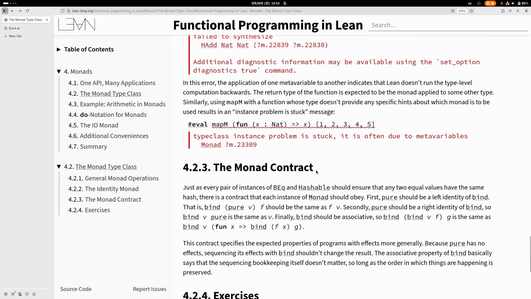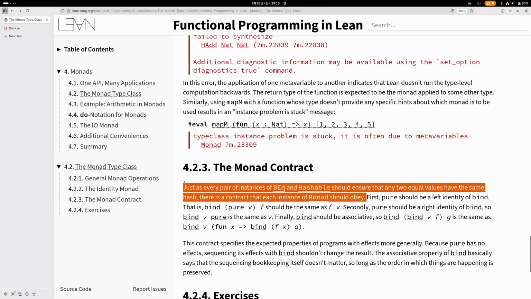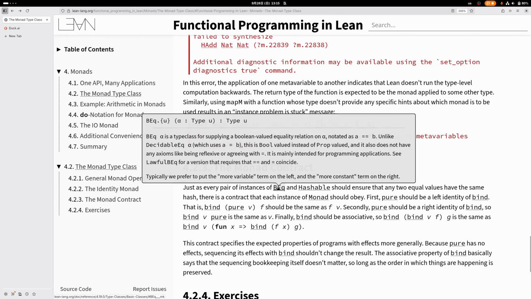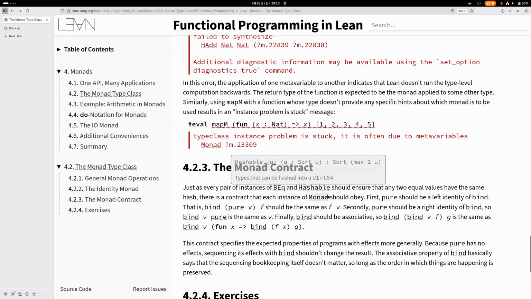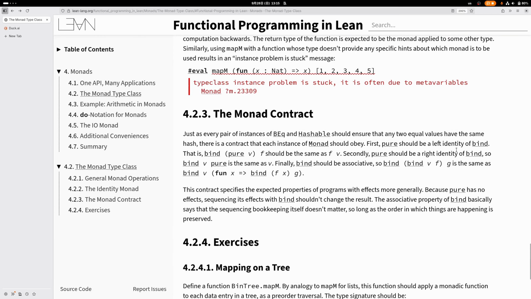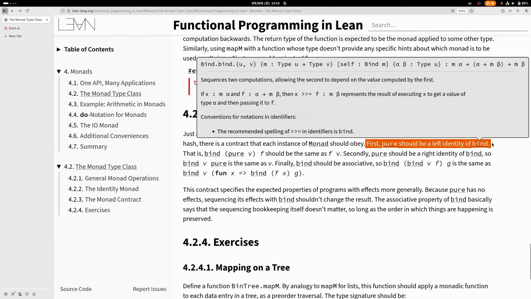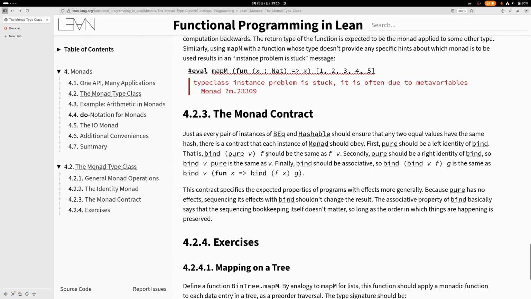4.2.3, the monad contract. And obviously, if you have a type class, like for example in the case of Boolean equality and hashable, you should ensure that two equal values hash to the same thing. And in a similar way for monad, there are just some rules that you should follow when implementing the monad type class. And one of those rules is that pure needs to be a left identity of bind, which is to say that